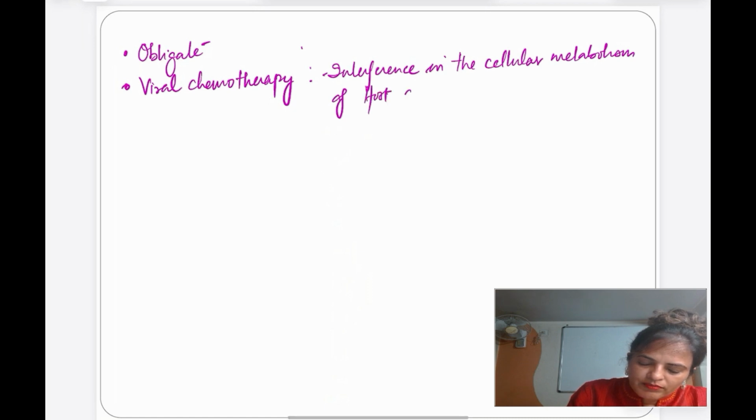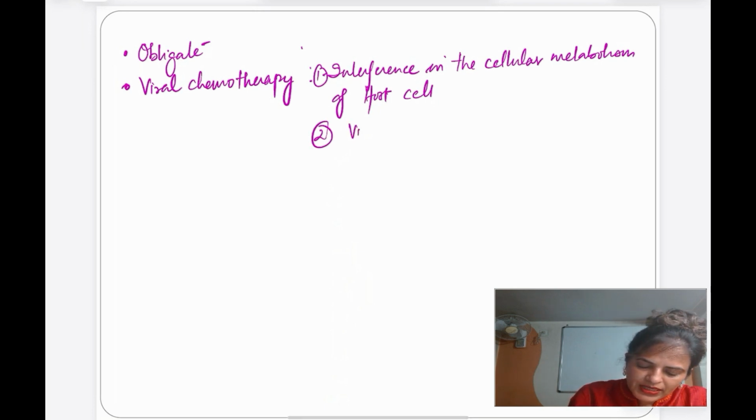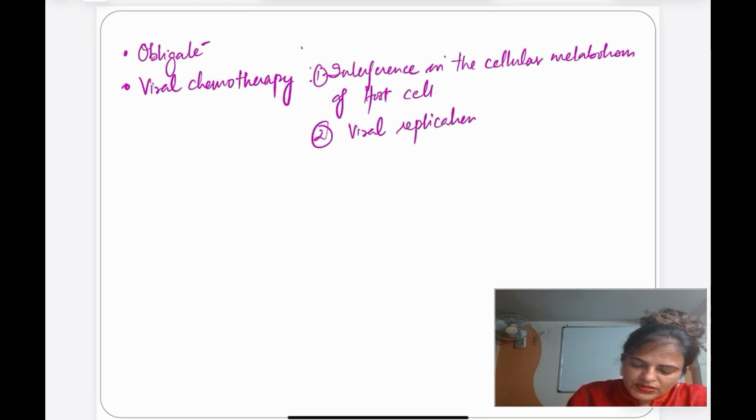Number two, by the time the patient comes with the symptoms, what will happen? Viral replication is at its peak. So that means you have to give the antiviral drug either prophylactically or during the incubation period. But